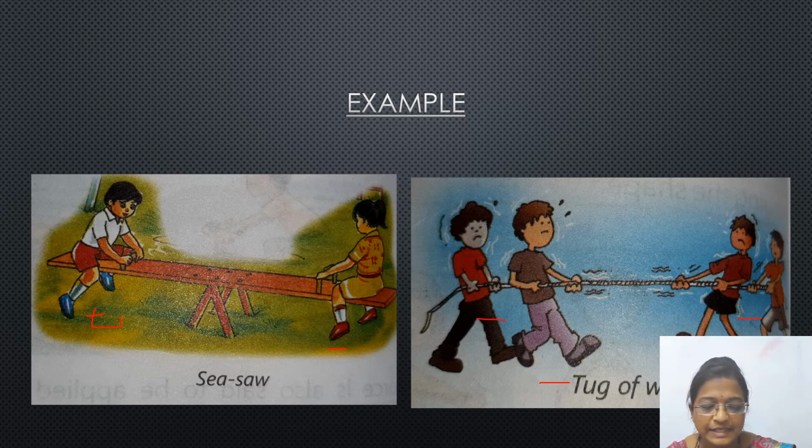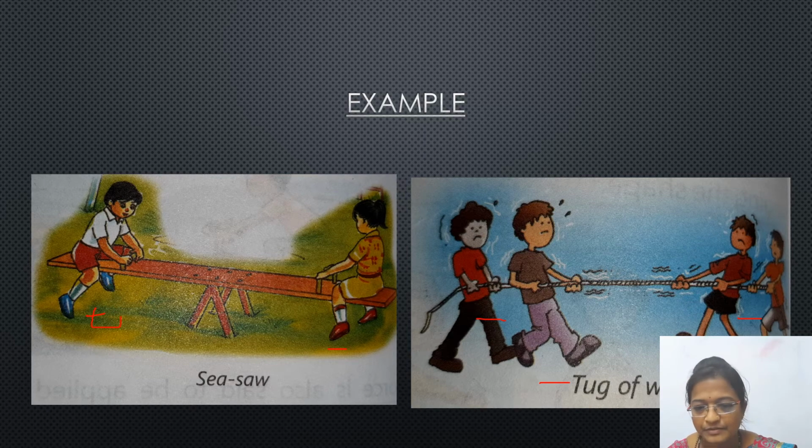In both the cases, we find that the forces applied in opposite directions are equal, so they are cancelling each other. Here this boy is balancing his weight, and this girl is also balancing, so they are in a balanced way. In the tug of war game it is the same. If the people are equal, in number or even weight, then only we can balance. Otherwise, it is not possible to balance. This is balanced force. How can we balance the force?